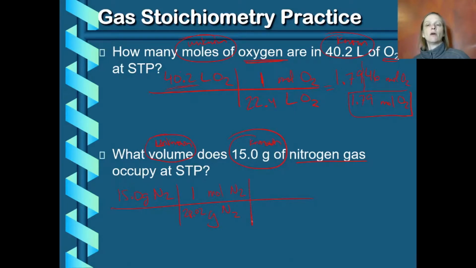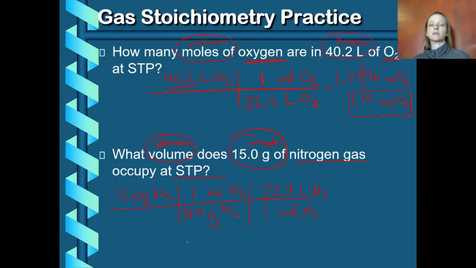Now, those are not the correct units for my final answer, so I want to get rid of those moles of nitrogen gas and convert to a volume. I know that 1 mole, because I'm at standard temperature and pressure, has a molar volume of 22.4 liters of